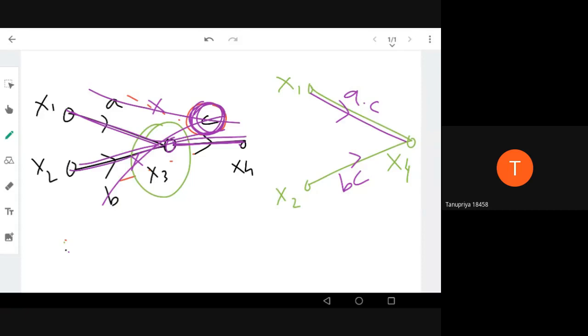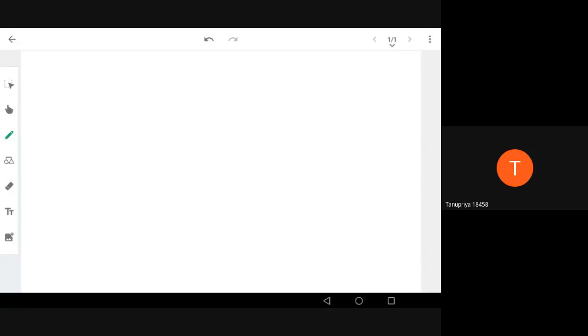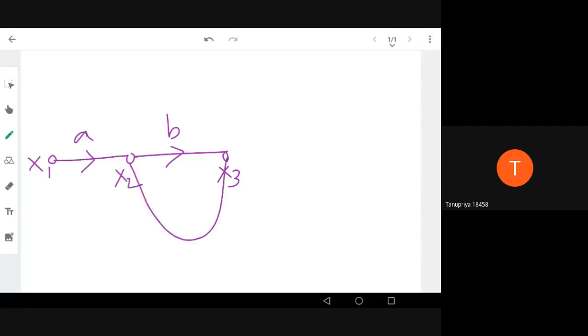Now we will do a final thing and then go to problems. We have a node x1 going to node x2, and now going to node x3. In the path there's a gain A and a gain B. From x3 there is a feedback; we can say the direction is feedback. What is the gain? C is the gain. Now how can you simplify this?